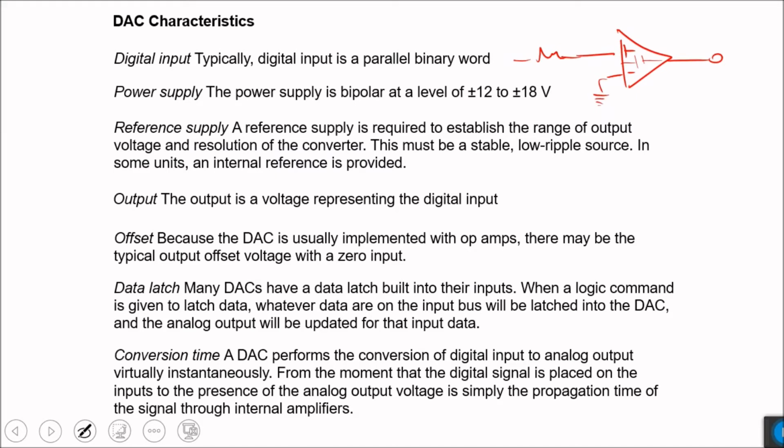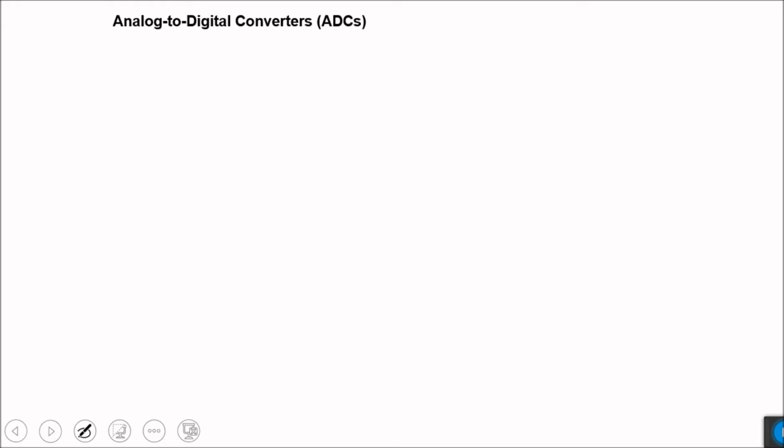So these are some of the basic characteristics of a digital to analog converter. It is a fairly simple circuit and a fairly powerful device, and it is extensively used as an interface between the analog systems and the digital systems at the output side of a digital system. And now coming to the input side of the digital system. When an analog system and a digital system are connected together, they have to have a two-way communication between them. The analog system has to be able to communicate with the digital system, and the digital system has to be able to communicate with the analog system.